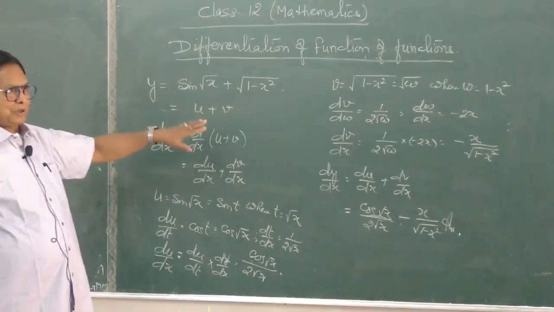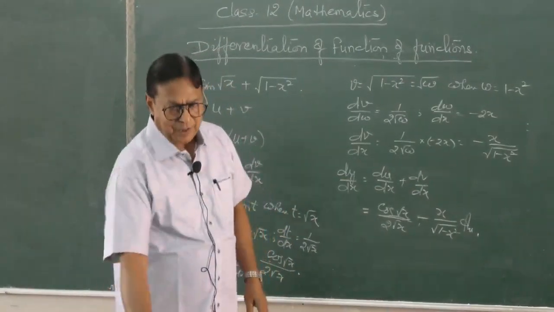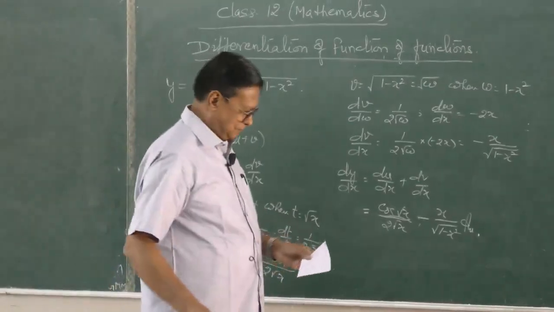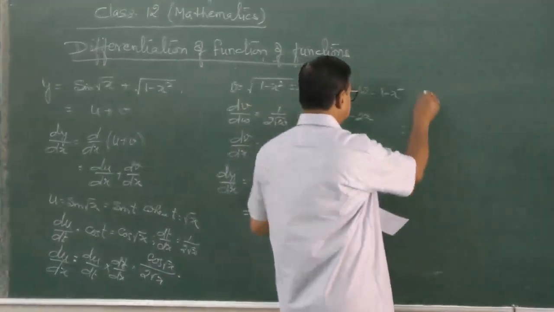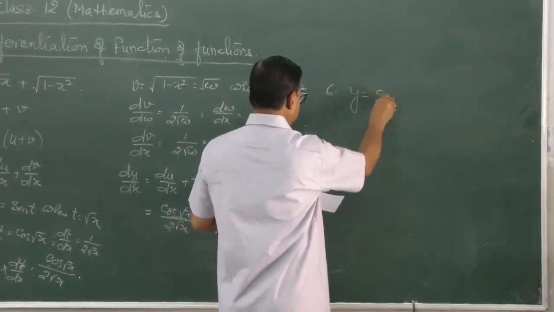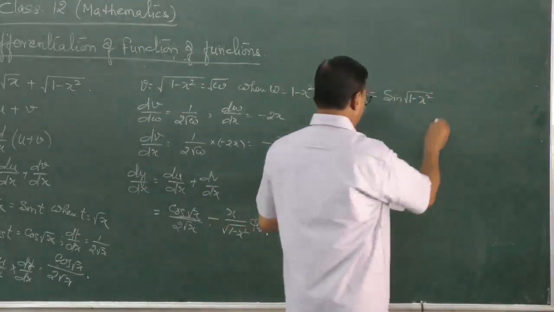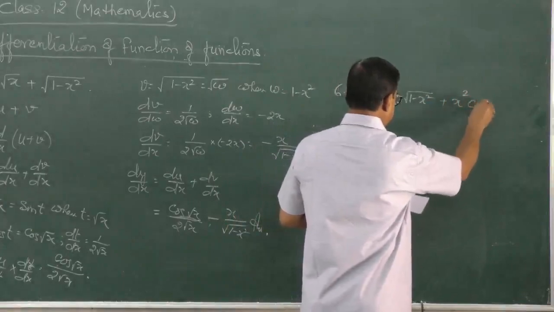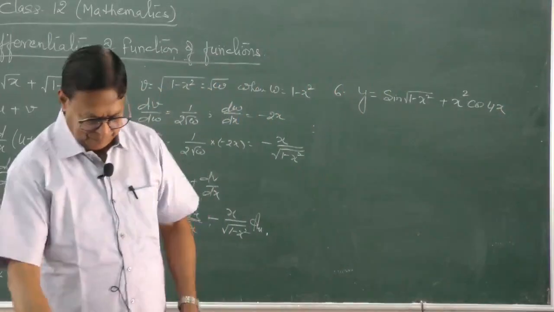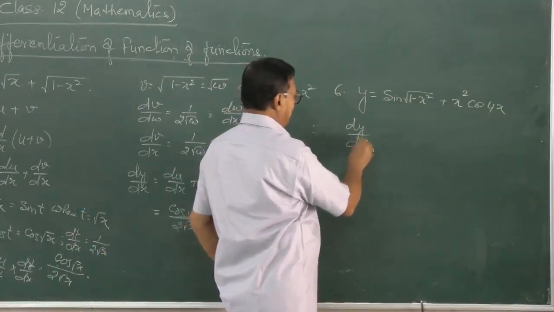But in the exam and all that, you cannot go for so long methods. Okay, so I do another one for you directly, right? So the next one you look at here. So this is again sum of 2. Now I am not doing u, v and all that, right? So du by dx